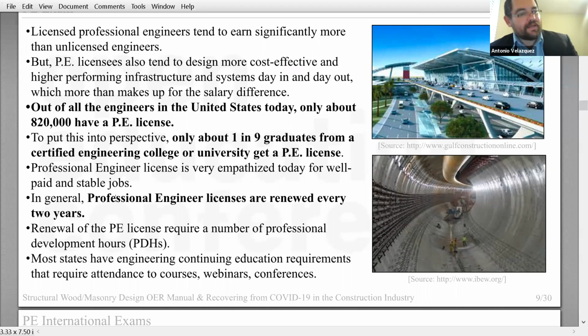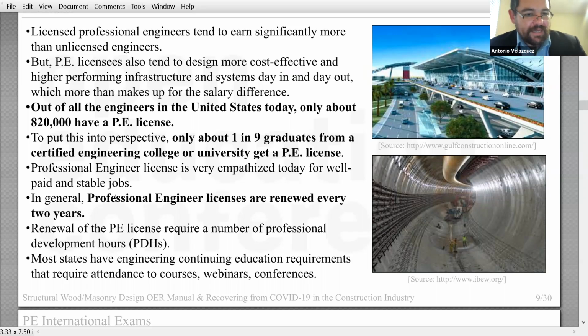So what we need here is to increase the rate. We need to create some type of scaffolds, tools, resources, motivational things, workshops, seminars, webinars, you name it. We need to apply all types of resources to really help increase these standards, because they're too low. A professional engineer's license is very emphasized today for very well-paid jobs and stable jobs. Now, the companies that hire engineers request a professional engineering license. Otherwise, they pay you half your aspired wage.